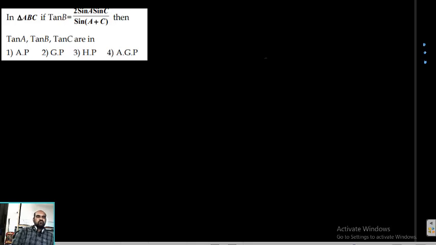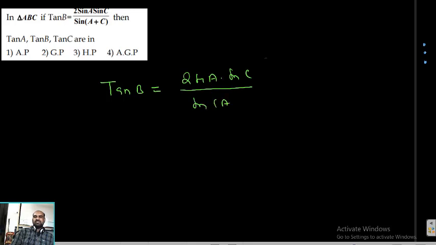Okay. Next question. Tan B equal to 2 sin A into sin C by sin of (A plus C). Then tan A, tan B, tan C are in dash: arithmetic progression, geometric progression, harmonic progression, or arithmetic or geometric progression. Means all in terms of tan. We need to count all in terms of tan. Observations: 2 by